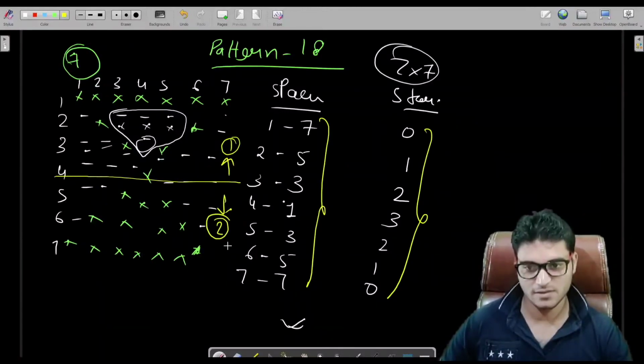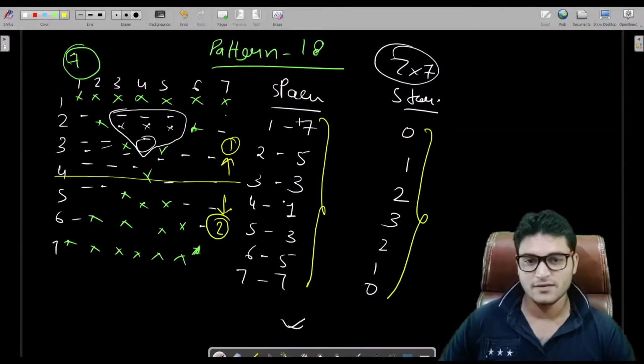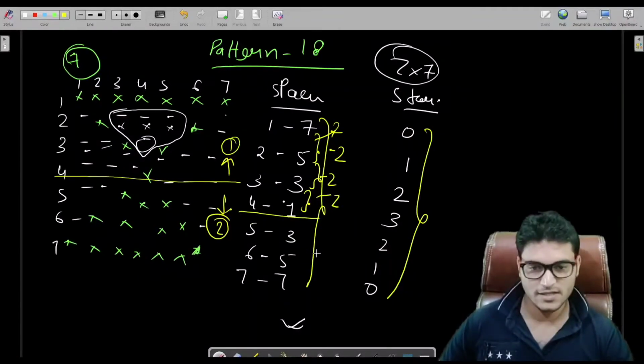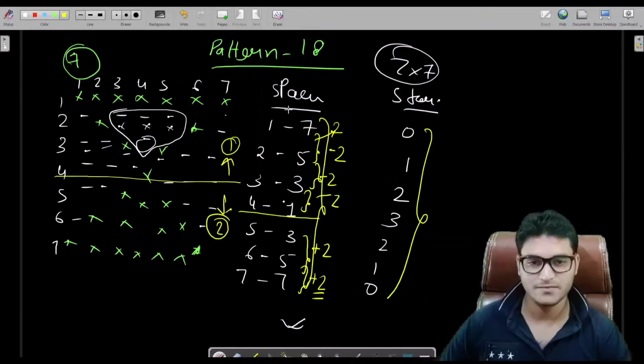For the first half, in the first row we are having 7 stars, and in the second row we are having 5 stars. What is the difference between the two? It is 2. So the number of stars is decreasing by 2 for the first half. Let's say 5 and 3 is -2, 3 and 1 is -2 again, so it is decreasing by 2. And for the second half they are increasing by +2. 3 plus 2 is equal to 5, 5 plus 2 is equal to 7. Sorry, I have written wrongly, really sorry for that.